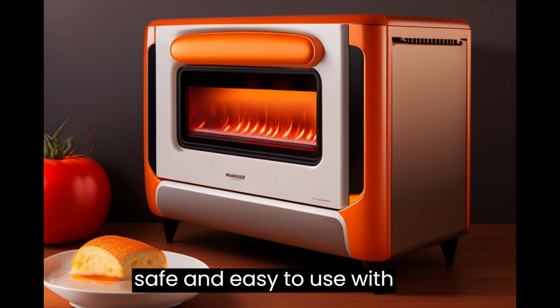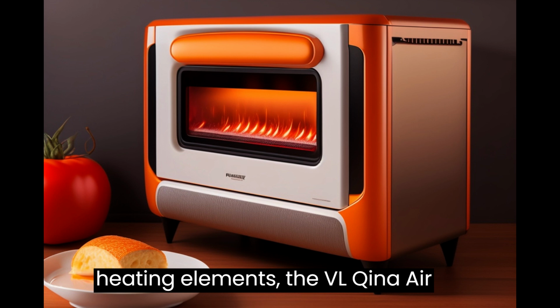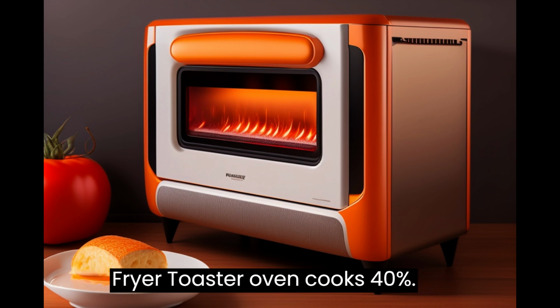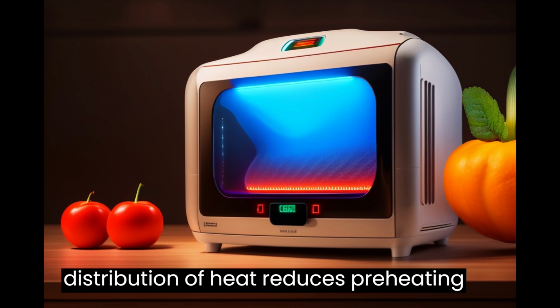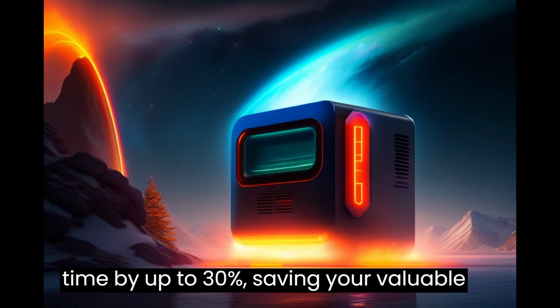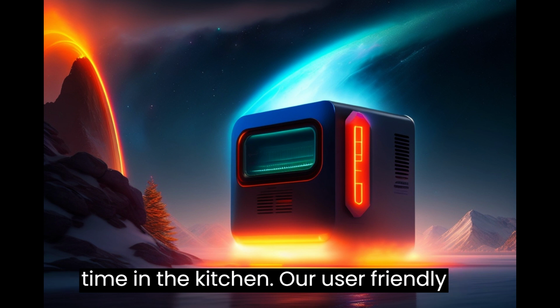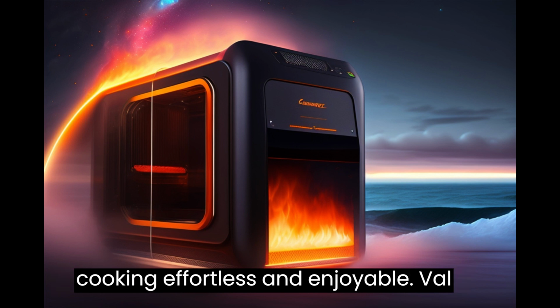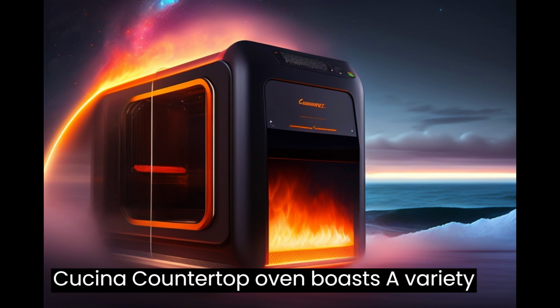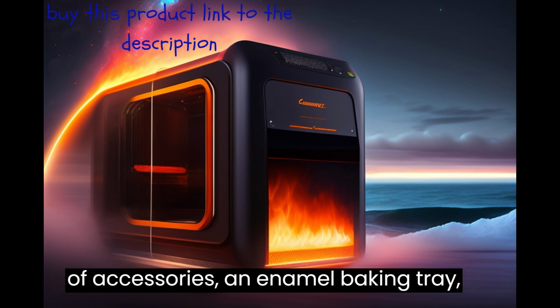Fast, safe, and easy to use. With 1,750 W of power and 6 heating elements, the Val Cucina air fryer toaster oven cooks 40% faster than traditional ovens. The even distribution of heat reduces preheating time by up to 30%, saving your valuable time in the kitchen. Our user-friendly digital display and analog controls make cooking effortless and enjoyable. Val Cucina countertop oven boasts a variety of accessories: an enamel baking tray, wire rack,